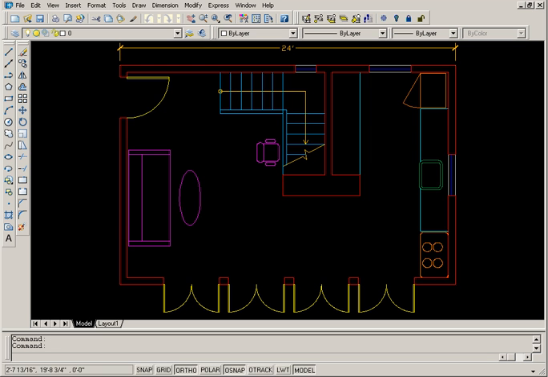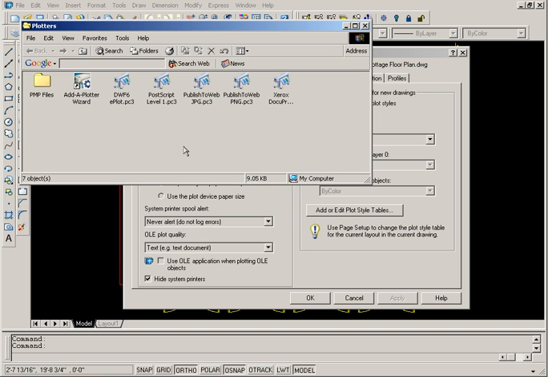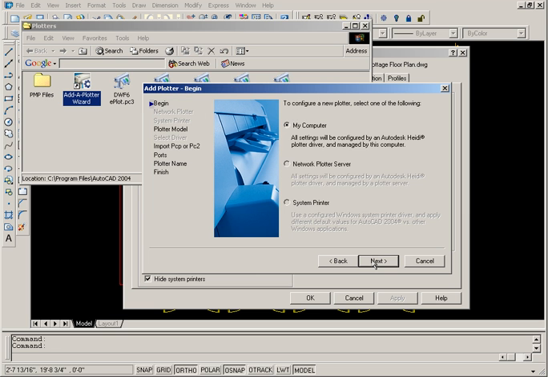I'll go to Options, and on the Plotting tab, I'll add or configure plotters. I'll use the Add a Plotter wizard, and it takes us step by step through the process. I'm using AutoCAD 2004, but the process is very similar in the last few versions of AutoCAD. I'd like to set this up directly on my computer,